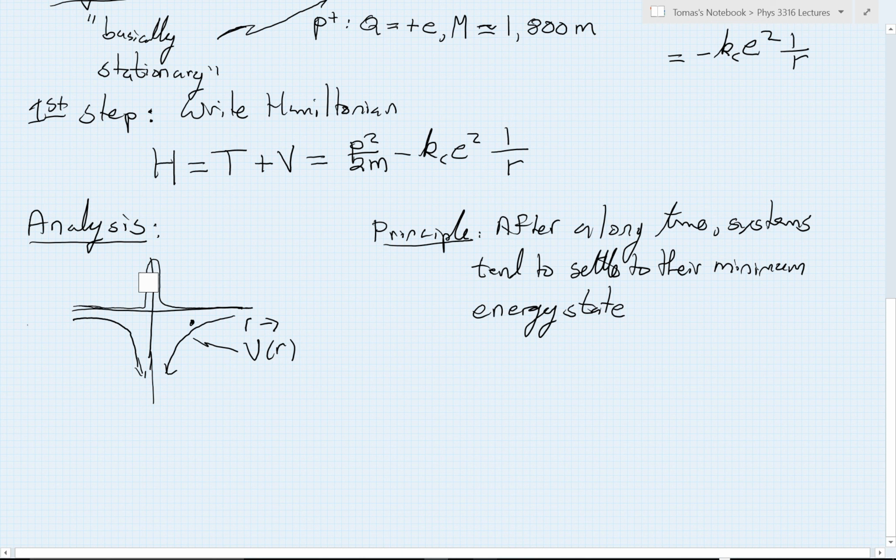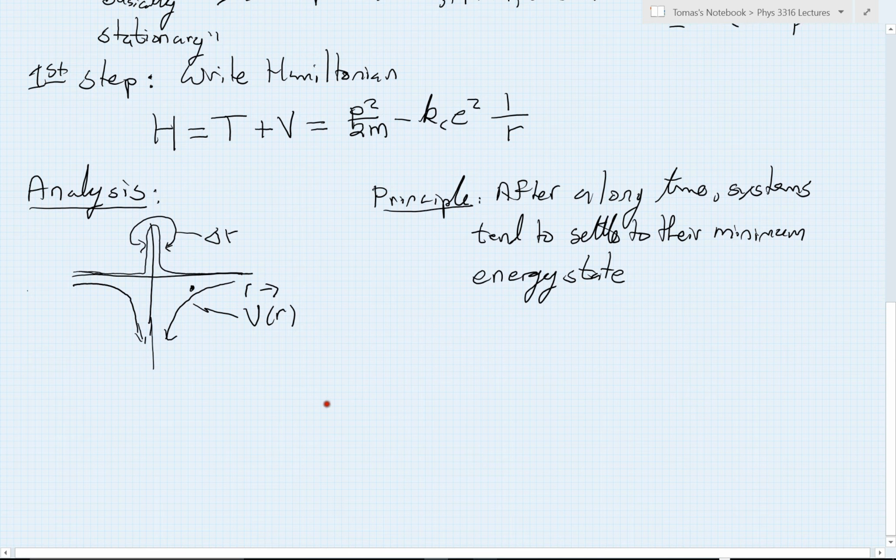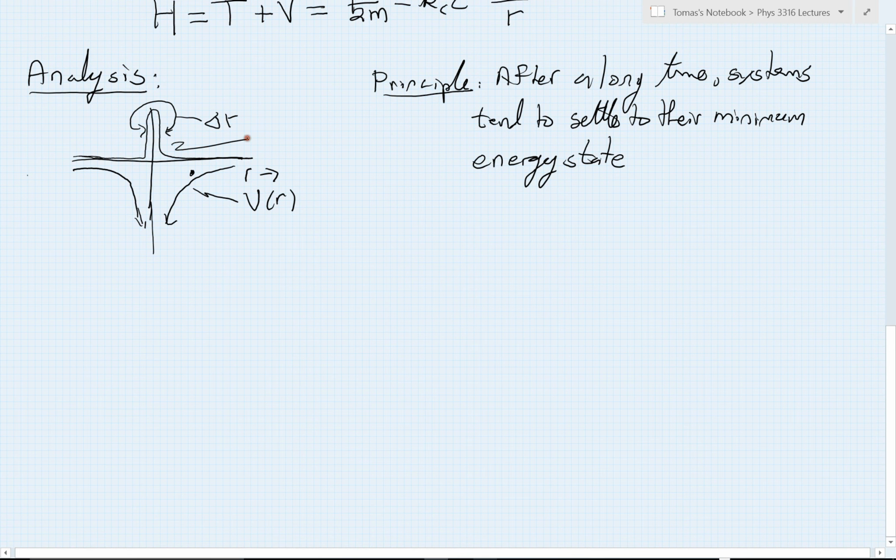It's going to take on some kind of a spread here around the origin. And whatever that spread is, we will call it delta R in our kind of order of magnitude Heisenberg analysis sort of a way. And our job is basically to find out what delta R wants to do. Certainly the potential would like to see delta R shrink to 0, but there's a countermanding effect. So this graph is actually the probability as a function of R. So I'm putting actually 2 different functions here on the same graph, so you can sort of compare what they are doing. Probability builds up, of course, where the potential is the lowest